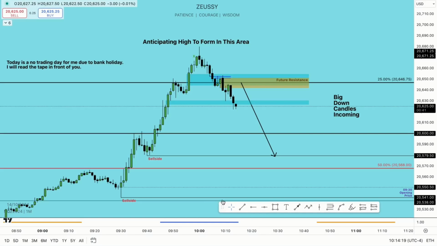All in all, this delivery is very ugly with a lot of back and forth going, and I'm not a fan of this. Sure, you might think, oh, it's a clear expansion followed by retracement followed by expansion, right? In a way, yes, but for me, it's still a bit slow and it's still a bit, wow, I don't like this. And that's a result of it being the bank holiday,